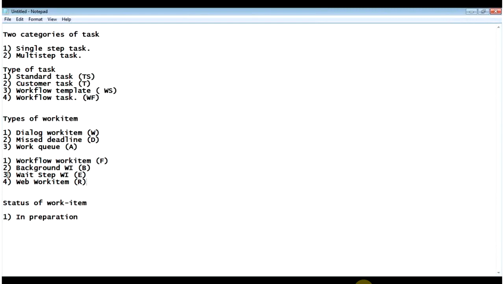So if you have defined in the workflow that the three work items should repeatedly get displayed in the inbox of the user, then that work item is called a work queue. The work is in queue. So these are the three types of work item which get displayed in the inbox of the user. Next I will be discussing the work items which don't get displayed in the inbox of the user.